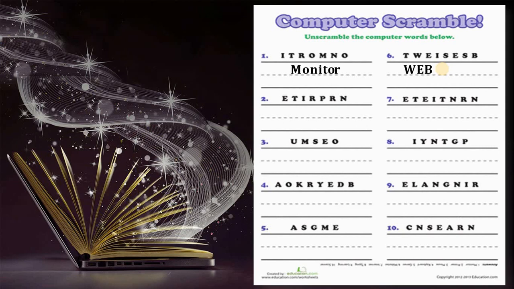Then S. It should be webs. Websites, right? Is it a related computer word? Websites. Yes. So WEBSITES. It is the correct unscrambled word, right? Websites. Correct?